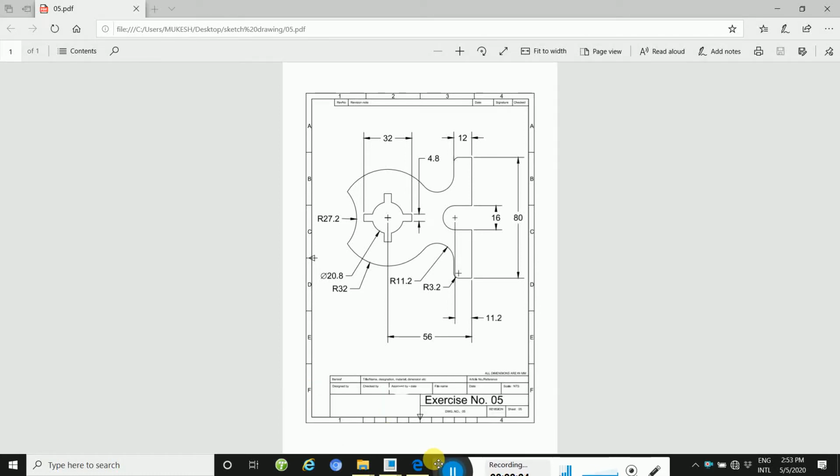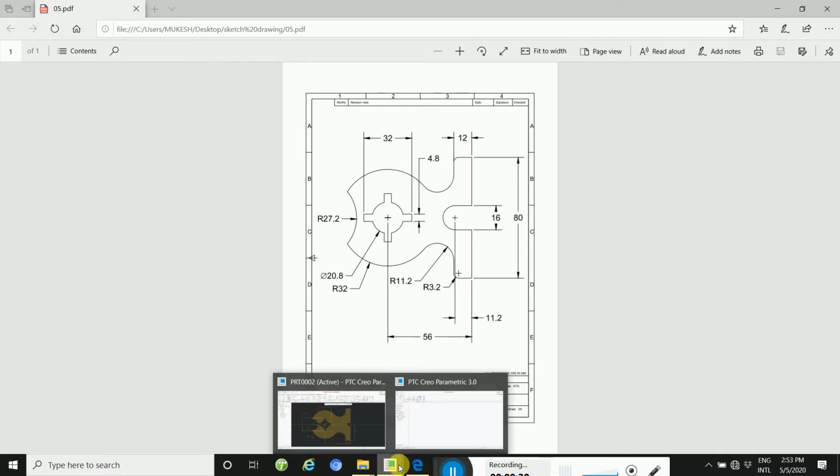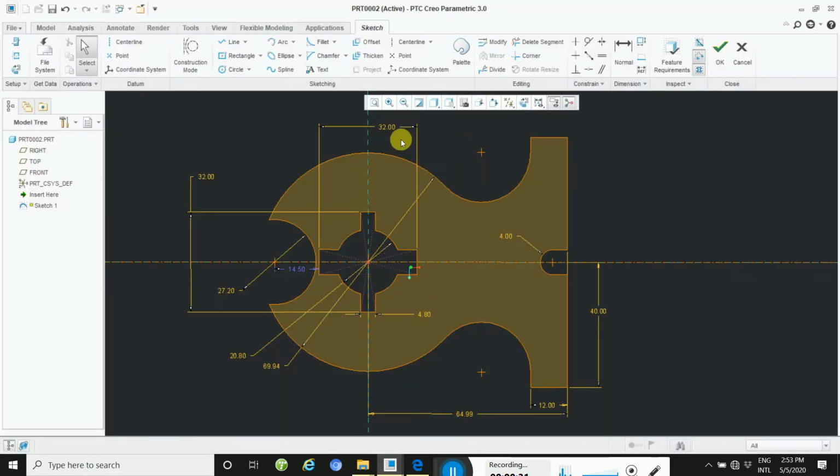In this tutorial, we will learn about the line command in a depth view and how to draw this drawing, and use the circle command and arc, and how to take a dimension, in a brief description. Okay, so let's start. First of all, see this. This is the Creo software in this drawer, this drawing.